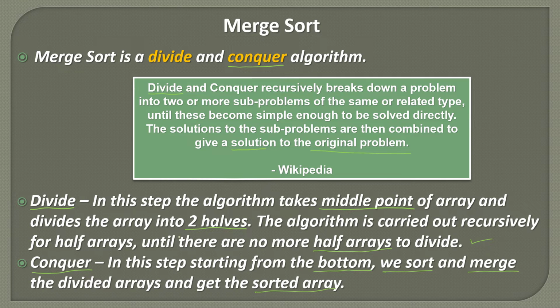For the time being, we divide an array into two halves and we keep on dividing them into two halves till only single elements are left and those are not divided any further. When we pick those single elements, those are already sorted. So we simply merge them and get the sorted array, and we keep on doing this till the complete array is sorted. So let's see these two steps with an example.